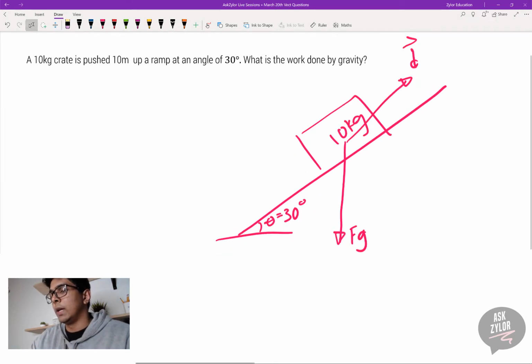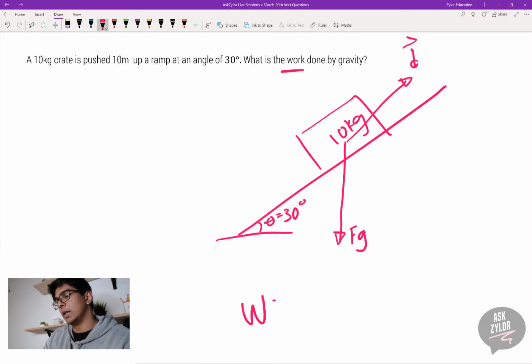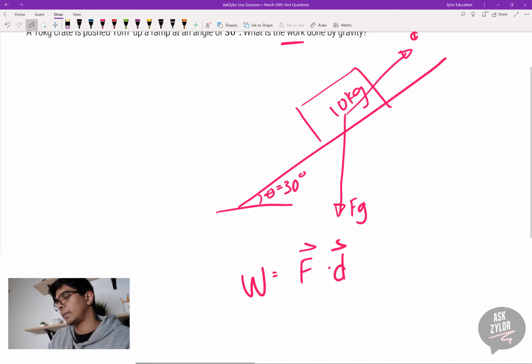What we're dealing with is a work problem. So the work equation can be defined as the dot product of force and distance. These are vectors, so we can simplify this to give me the magnitude of force times the magnitude of